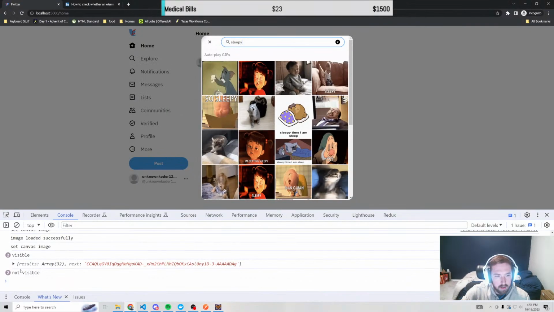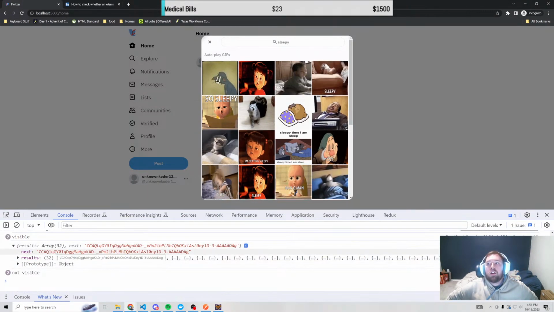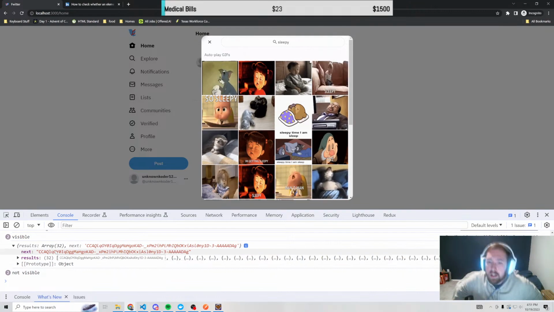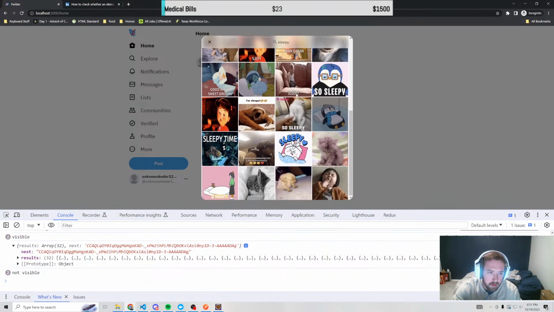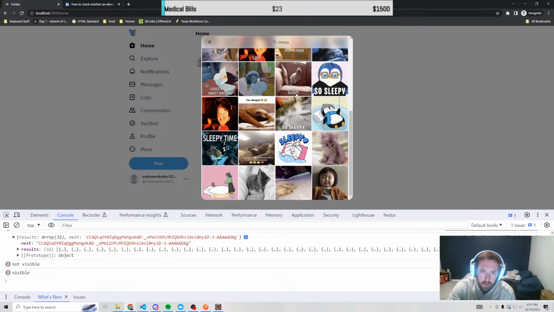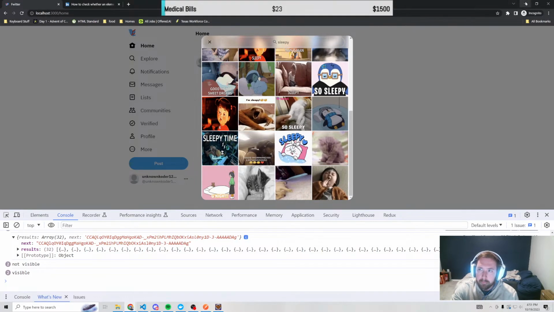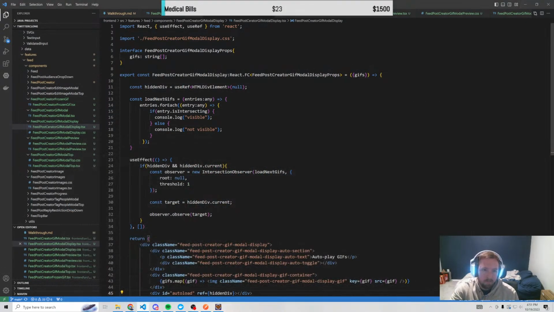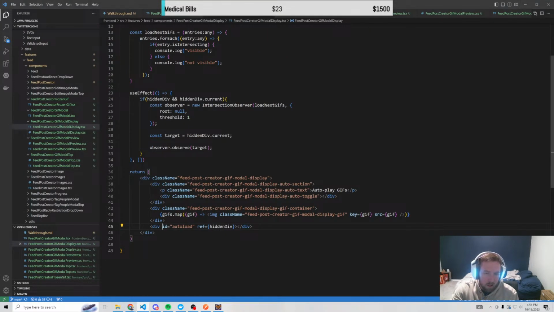So if we come back in here, we have a results array. We have our next. Oh man, I want to grab the documentation. So right now it's not visible, but whenever we scroll down, it becomes visible. Unfortunately, it calls it twice because why wouldn't it? I don't really know why it is calling it twice, but